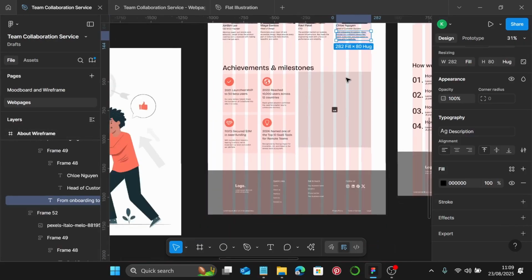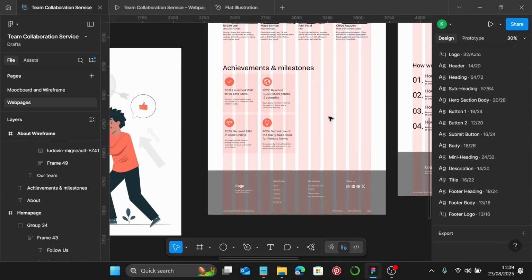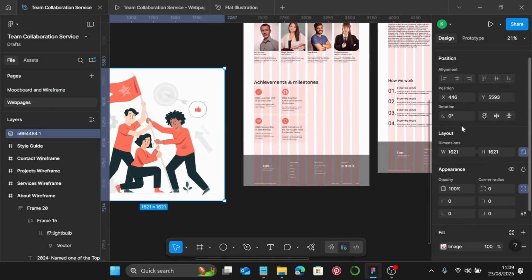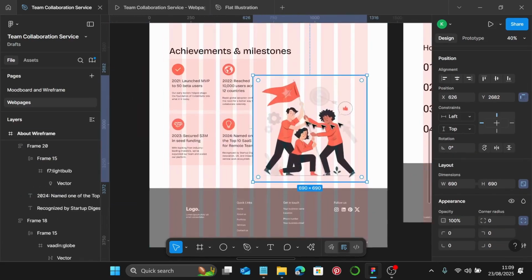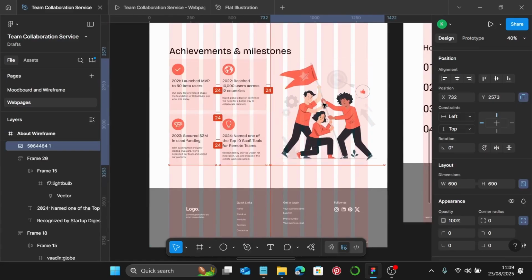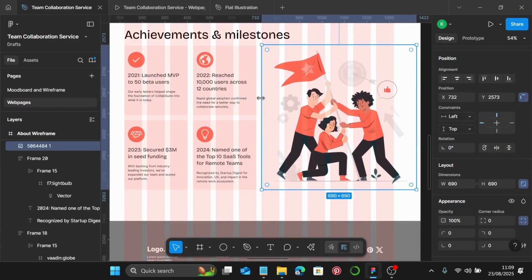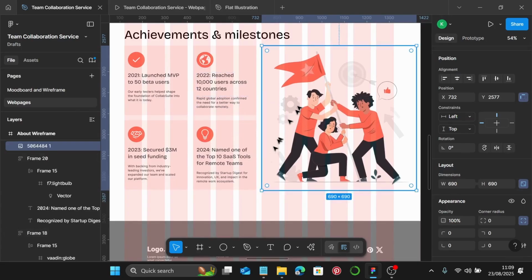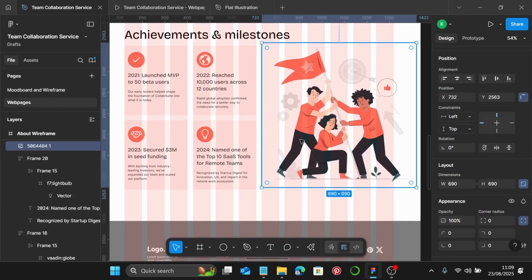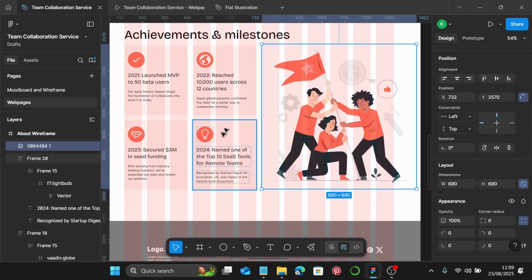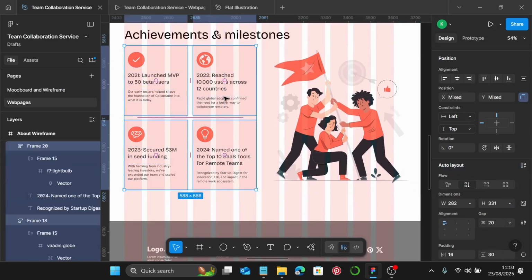Alright, now let's go back to our achievements and milestones. I'll delete this. I'll select this image, and I'm going to change the width or height to 690. And I'm going to bring this image into our frame. We're going to give it the same spacing of 24 from the cards. I'm trying to align this image to, I don't want to group, or I could just select all of that,